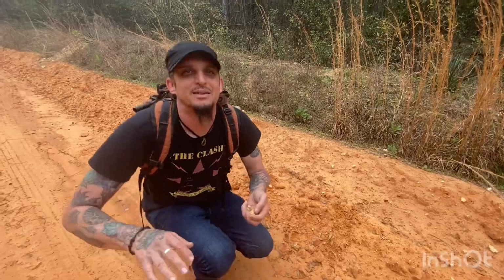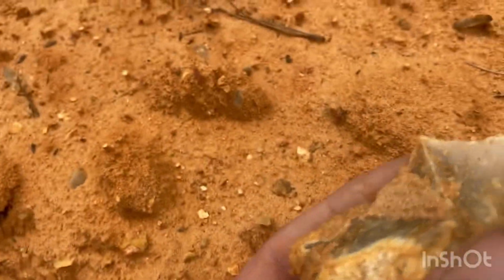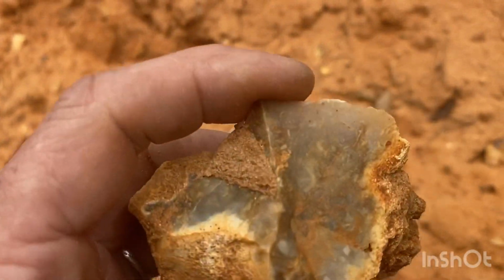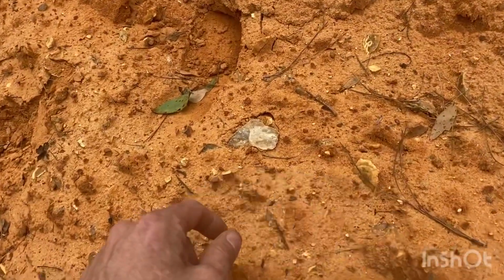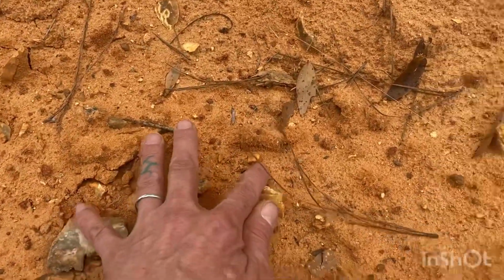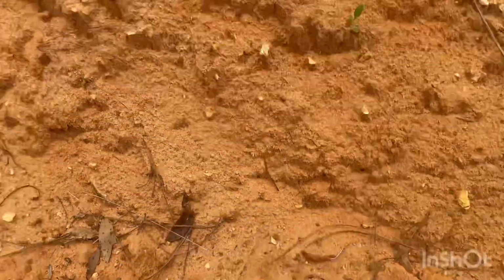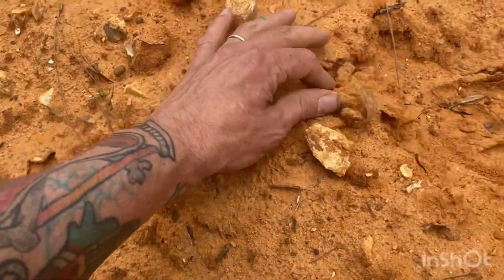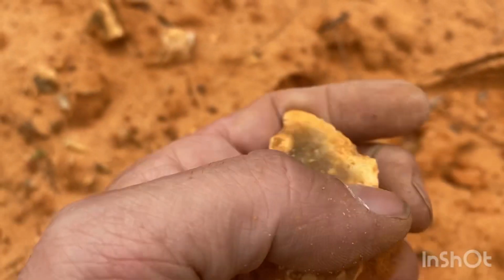Here I am, just to show you how beautiful this chert is. It's actually nappable. You can see where it's napped off there into perfect little blades, but it's just so plentiful here. You can barely even put your hand down without going from one piece to the next. And they grade this road, so every time they come through, they churn up all this fresh chert. I can't wait to get some of this stuff